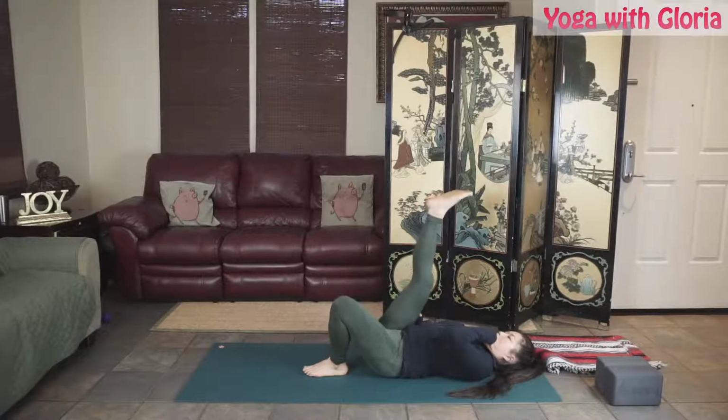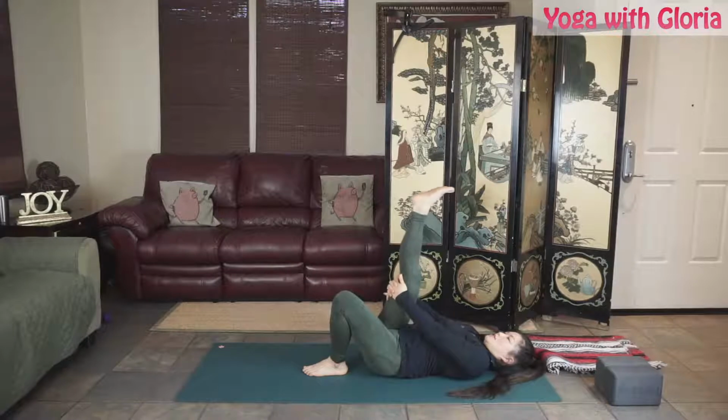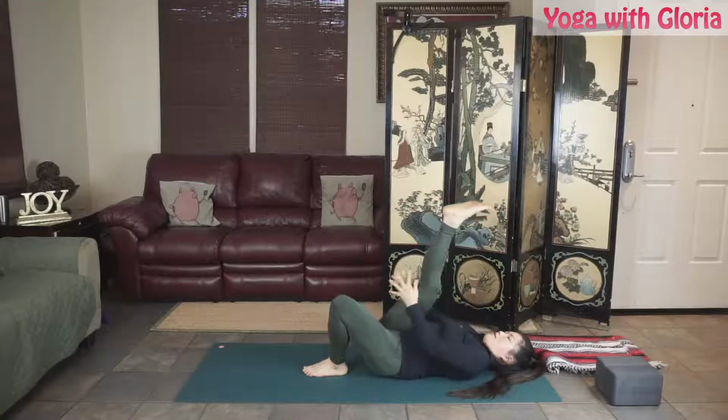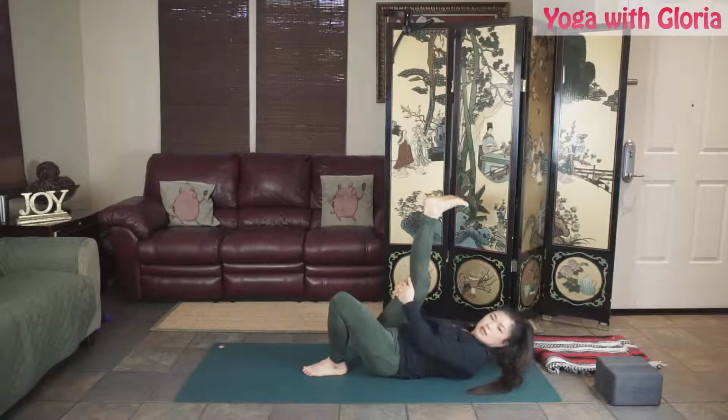So now we're just going to go ahead and stretch that out. Right leg straight up, interlace, and just feel into your hamstrings. Notice how tight they are on this side. You can point